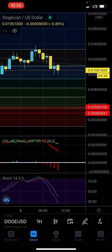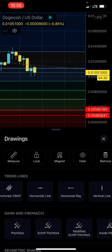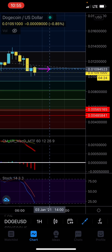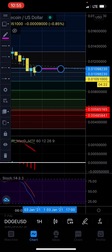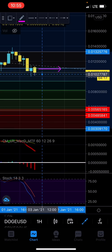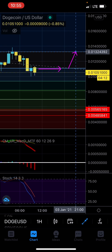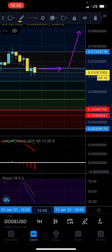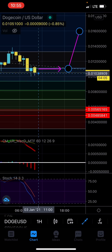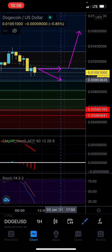We either stay in this range. Let me create the arrows to give you guys a better gauge of what exactly is going on. So we either stay in this level and trade like this for a little bit, maybe. And then what's possibly going to happen is we can trade sideways with our MACD, depending on momentum. But then it's probably going to do this, right? Or the other thing that can happen, which I'm talking about right now for the momentum, is we can either test back down here, retest this section,